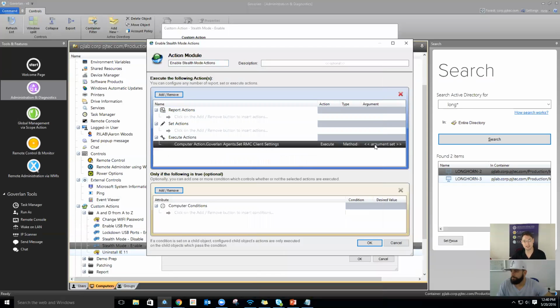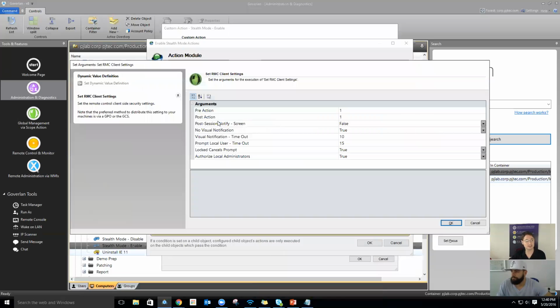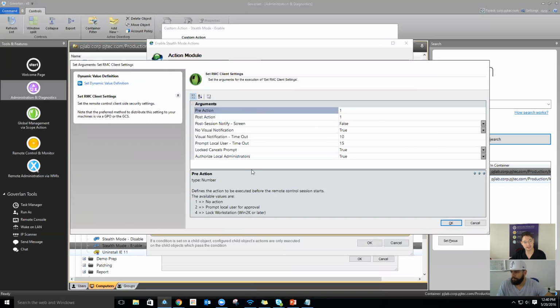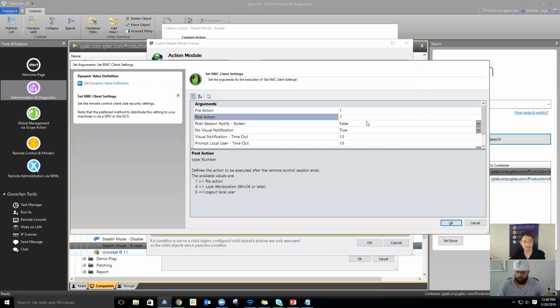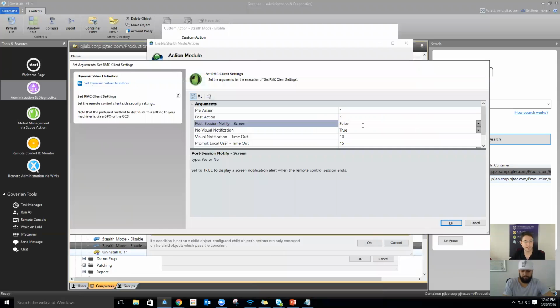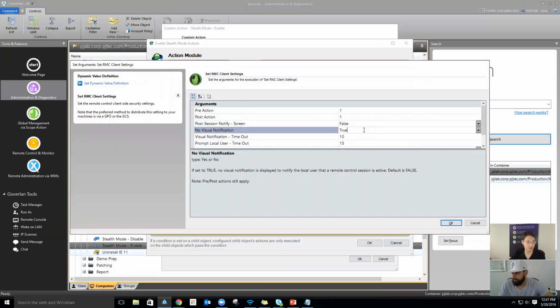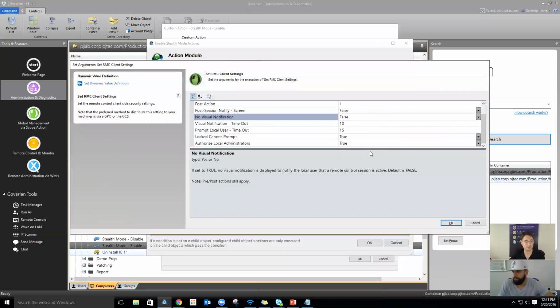And you can see that it just comes up with this window, and I can decide in my pre-action, a 1 is no action, and there's like a little tip section down below for what the different values are. Post session is no action, and then I don't want to notify the user. No visual notification is going to be turned on so that it doesn't notify the user and things